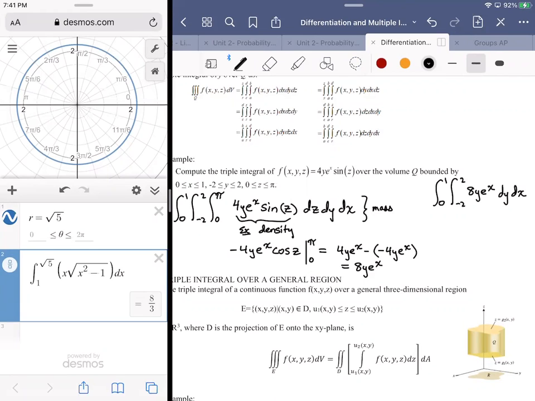With respect to y, we're looking at 4y squared e to the x over the interval of -2 to 2. And so pop in either of them, and you're going to get, it looks like a 16. So 2 squared for 16 e to the x